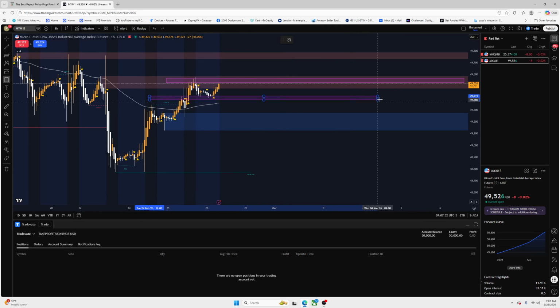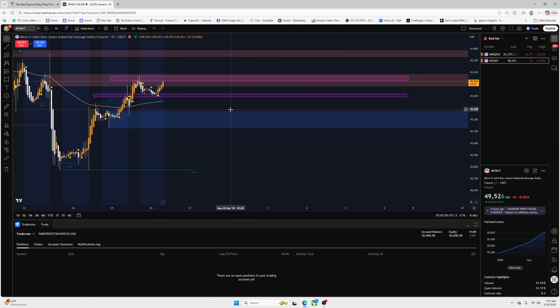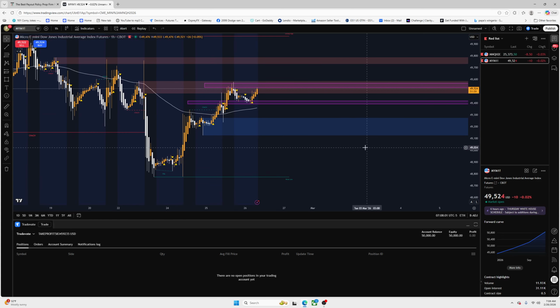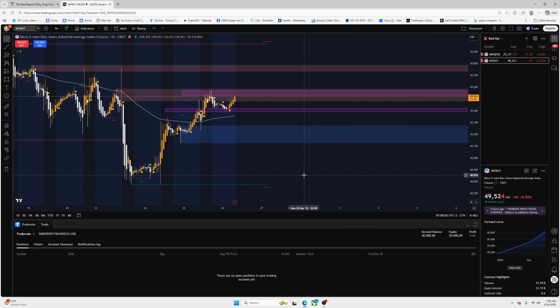I want to see if price is gonna go above or below one of these zones here, and then see if you're gonna buy, hop in a short or long, which I think it's already looking to go up because it looks like price already came down to retest. But like I said, make sure you're careful that you don't get hit with the